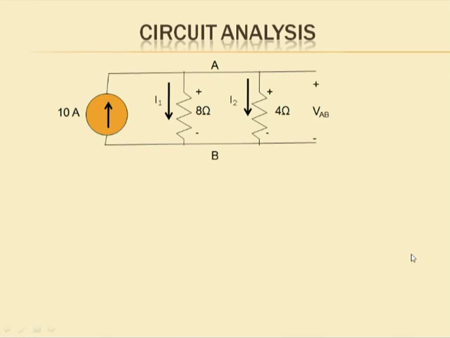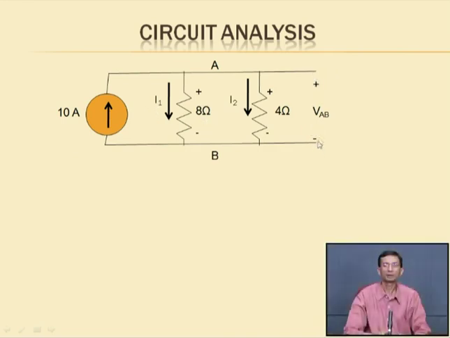So now suppose we are using these two Kirchhoff's laws, that is known as the Kirchhoff's voltage law and Kirchhoff's current law, that is the KVL and KCL, for the circuit analysis. Suppose one circuit is given and I want to find the voltage across these two terminals, which is known as the VAB. Okay. Now, first of all, I can say that if I am applying the KVL for this loop,